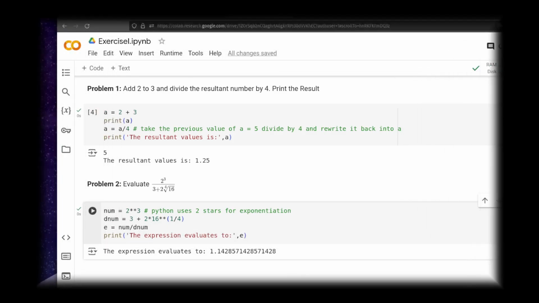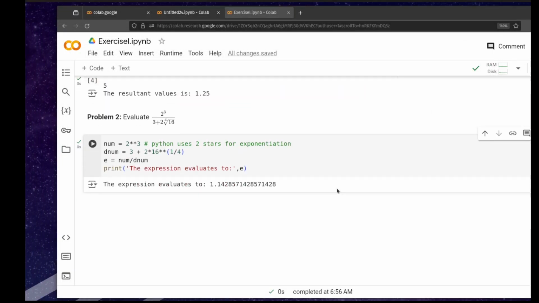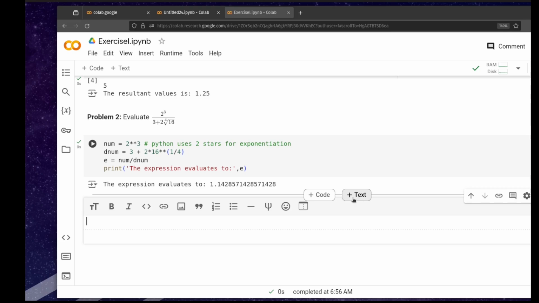So let's move on to the third problem. For that, as I said, from problem 3 onwards, I need to import the math library. But before this, I'm going to put the text, and I'm going to put my problem 3. And my problem 3 states,